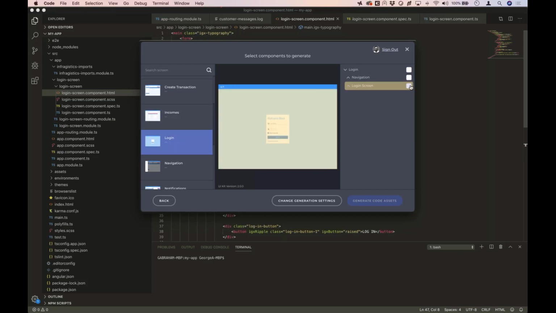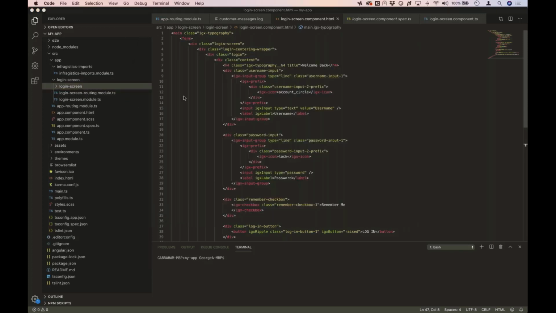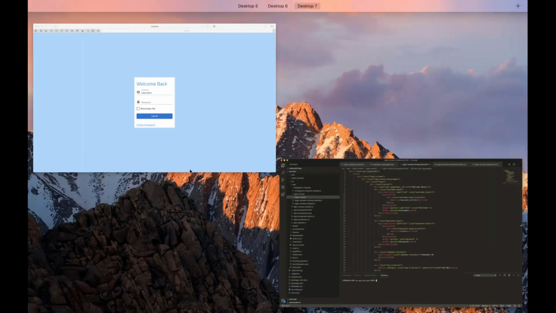They can come in here. They say, okay, this is the component I need, the login screen area. I can select it, hit generate code assets. And just like that, we create this login screen widget directly inside of Visual Studio Code. And if you do npm start,